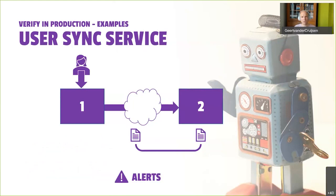First off was a service that we built as a team that worked with two different applications. They were both black boxes, so we couldn't add any code to these services. The first application was being used by end users, and they were administrating users in that system. And we needed to create a system that would synchronize these users towards a second application, so from there on, those identities could be used in other applications. So we created this